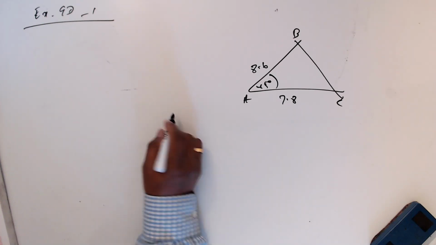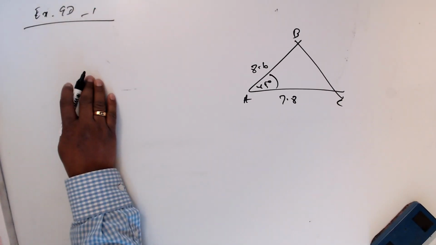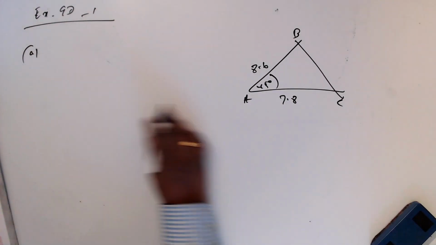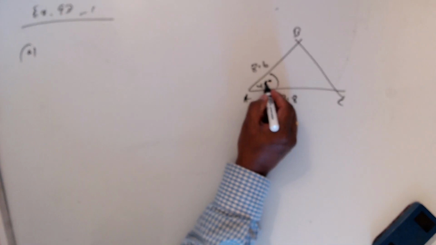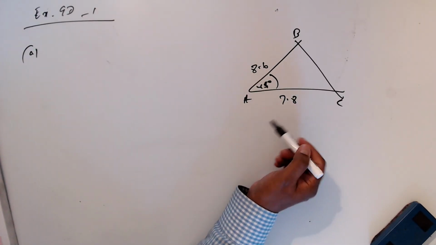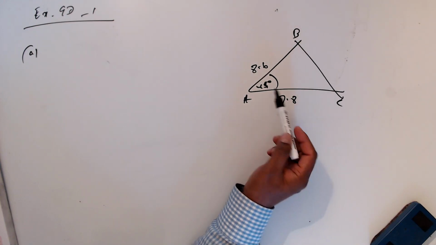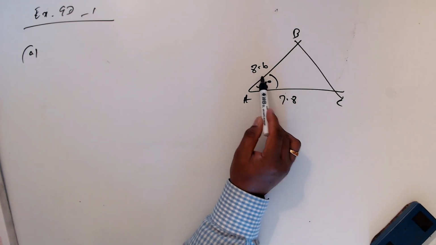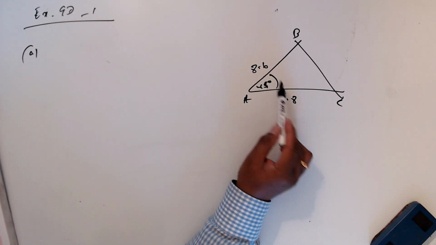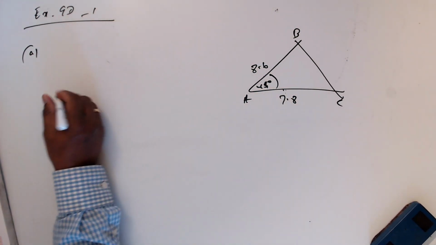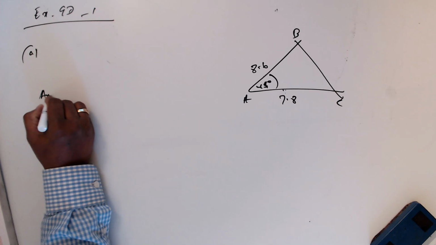Exercise 90, question number 1a. Now this is the question. When you look at it, you can see that it is in the form... what does the form mean? Known two distances, length, and the angle in between. Then it is easy. It means the area of